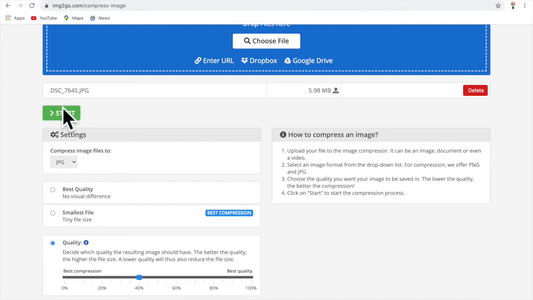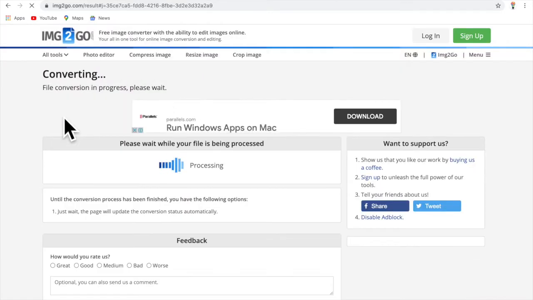So a file has been uploaded here, you can see here, and this is 5.98 MB, the size of the file. So now we will start, and it is started.